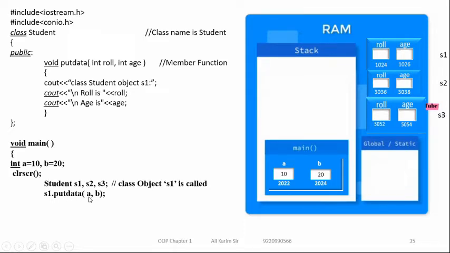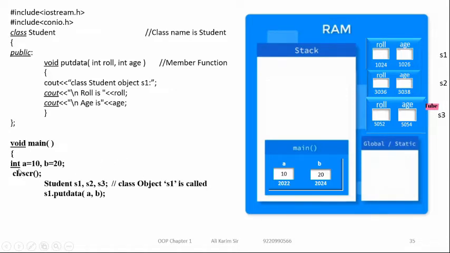Here the variable a contains the value 10 inside the main function. If you see carefully, the memory address for the variable a is different, and the memory address for the variable b is also different. See, when you write a main function, inside the RAM a stack memory, global static memory, heap memory, and other types of memories are available. Inside that stack, I am occupying a memory space for the main function. The entire blue area which you see inside the stack is the memory space, and within that, a and b also occupy memory space. The memory address for a is 2022 and the memory address for b is 2024.